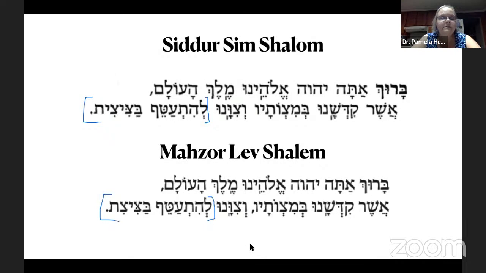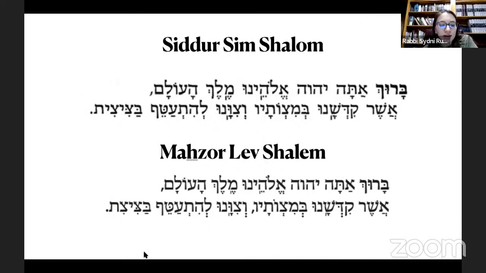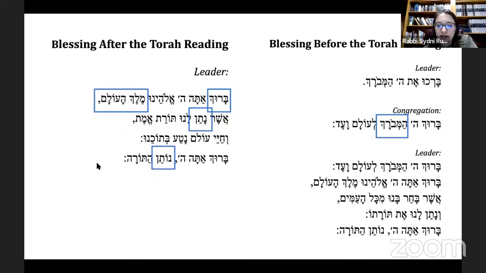Lehitatef, or tef, but... Nice. Anyone know what this blessing is for? Did I just say it? I probably just said it. You did, yes. Talit. Okay, never mind. So putting on the talit, the tzitzit are the fringes at the end of the talit. So this is the mitzvah blessing for putting on a talit. All right.